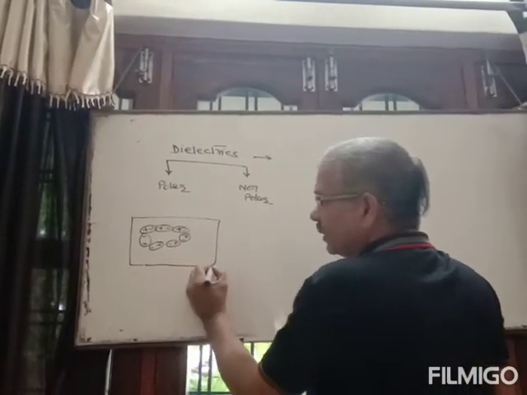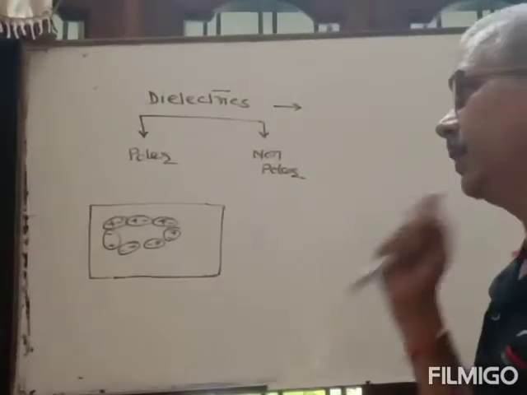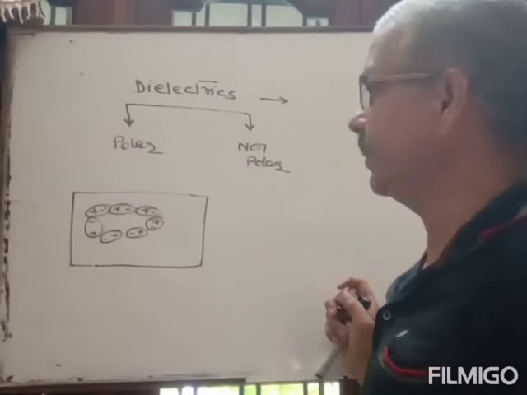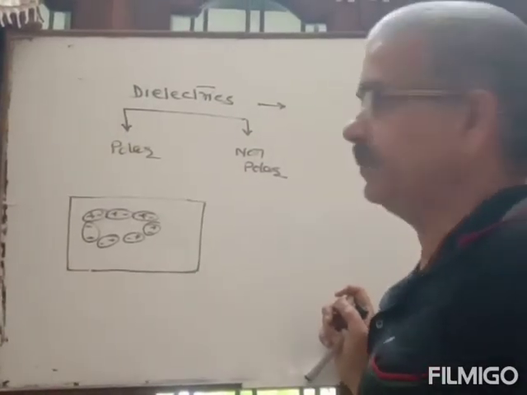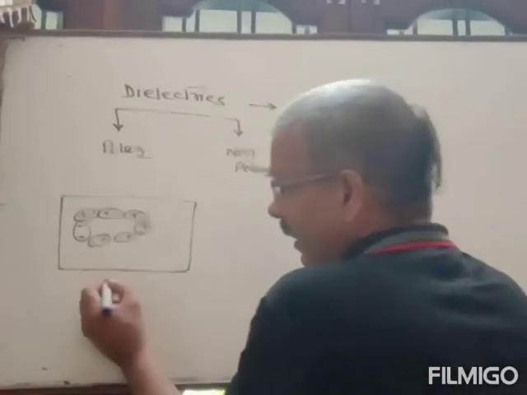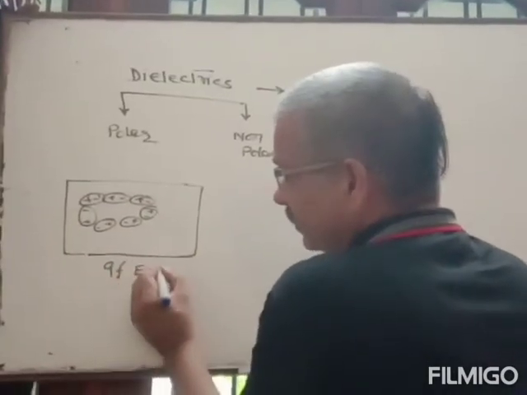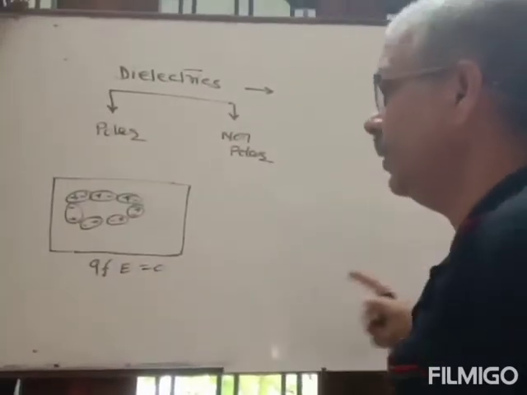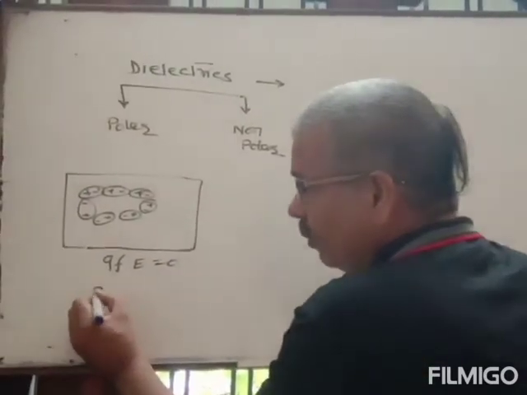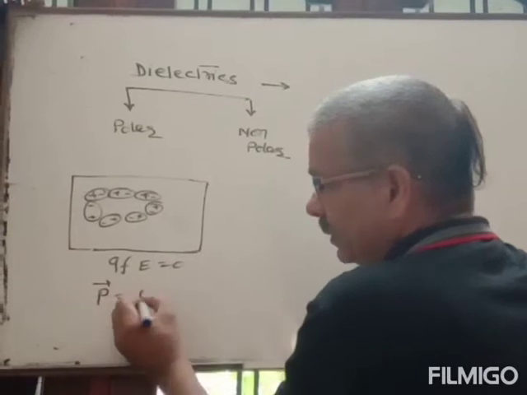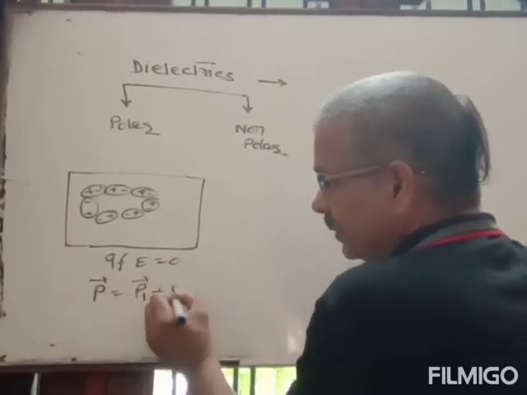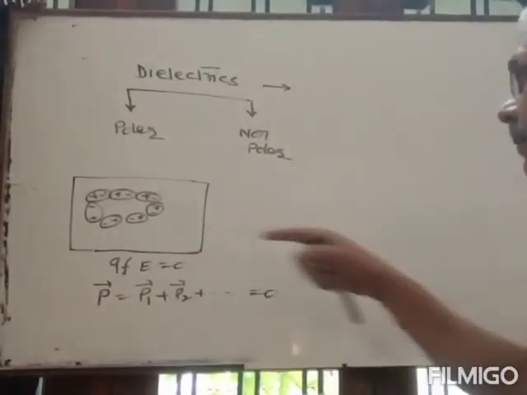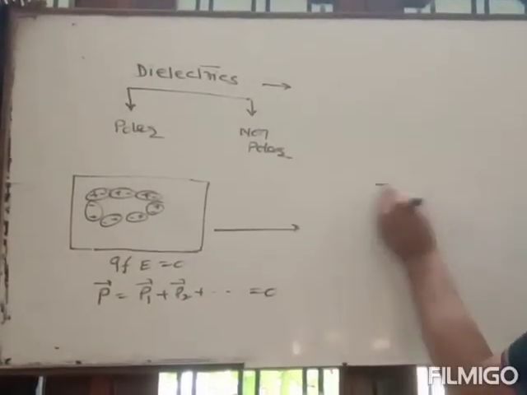Polar dielectrics are those dielectrics in which the positive and negative charge centers of each molecule or each atom are not coinciding, but in the absence of an electric field, they are arranged in the form of a loop. Therefore, the net dipole moment of the body is zero. But if this dielectric is kept in a strong electric